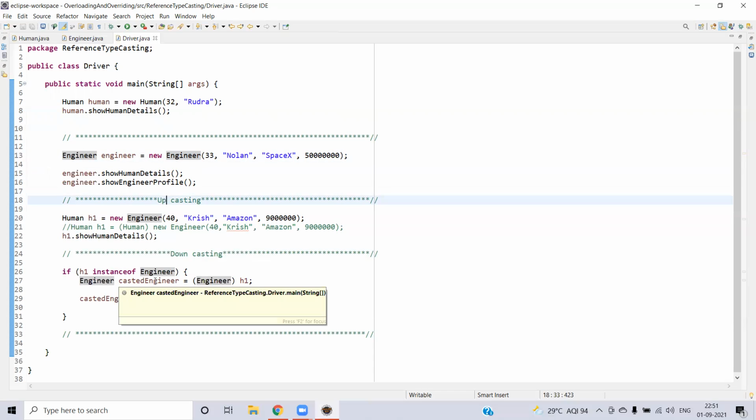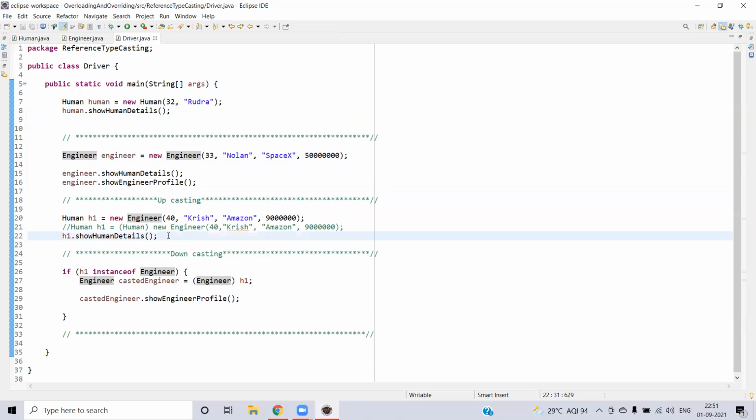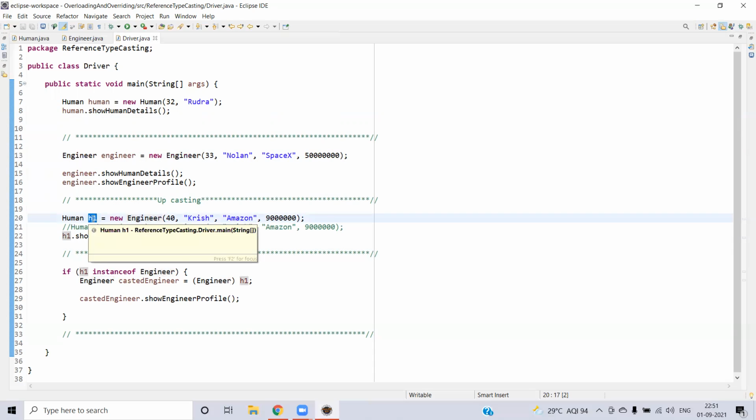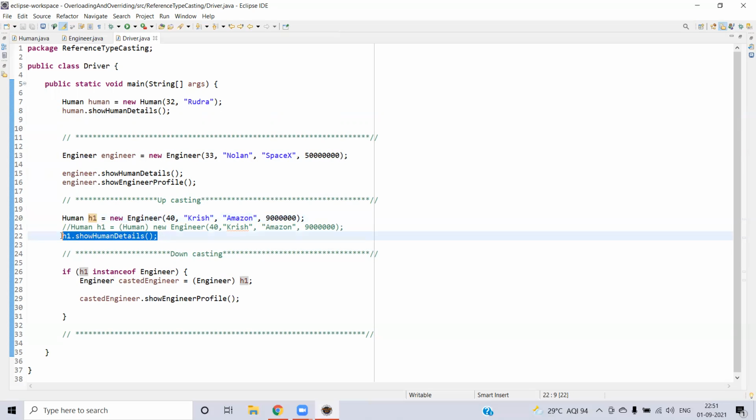Now the change comes here. Upcasting: let's say you are creating the engineer object at runtime, but you are trying to hold it in the human class. What happens here is that at compile time, it checks the H1 type, which is the human class, and all the methods present in the human class can be used. You cannot use any other method present in the engineer class.